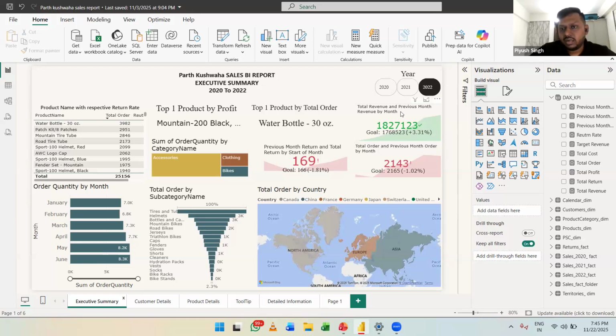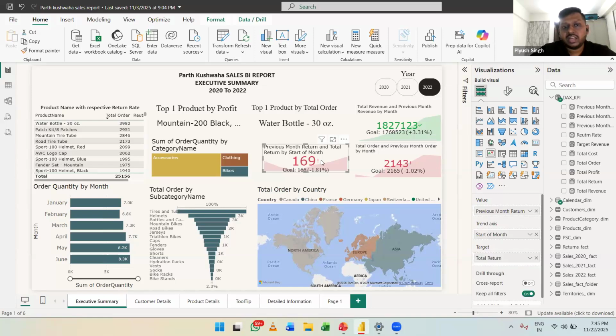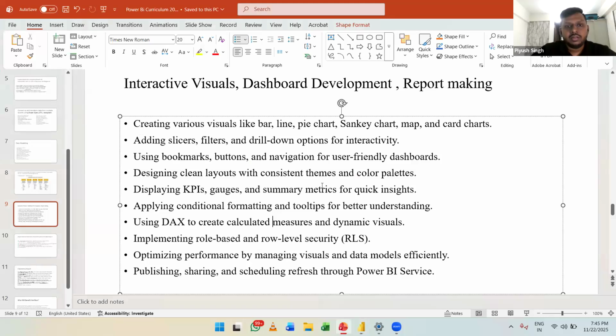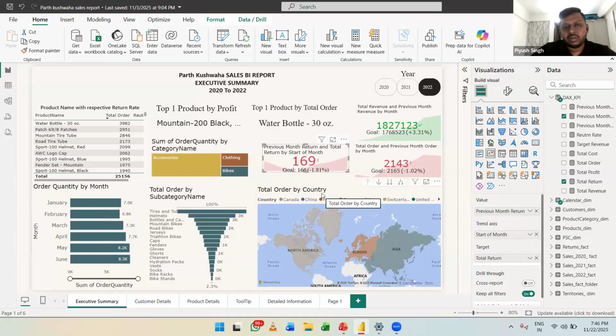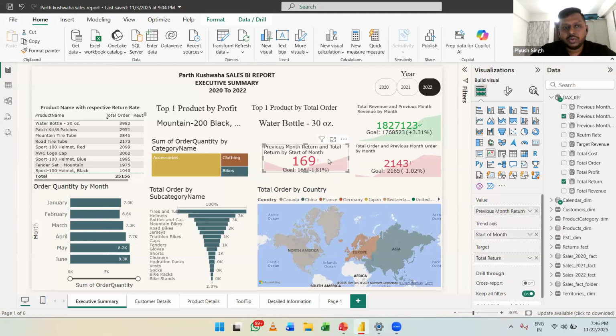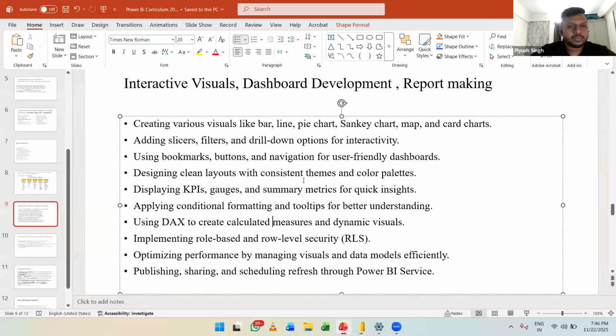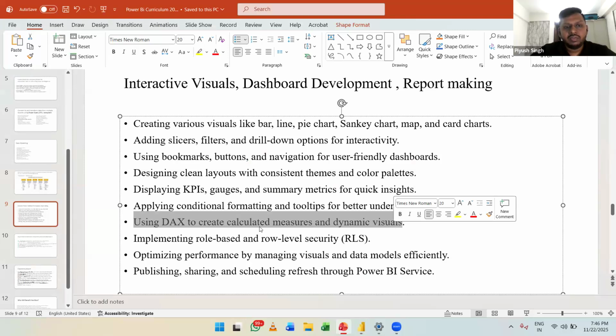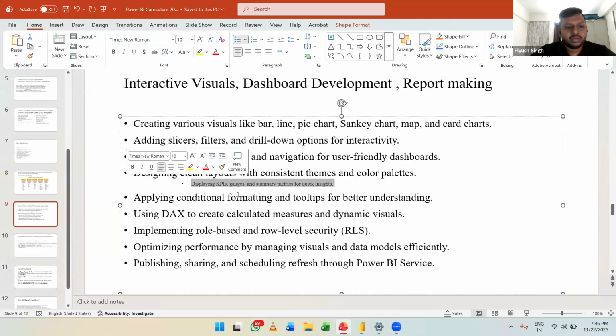And when we do conditional formatting, by conditional formatting I don't mean colors. I mean applying conditions on numbers in a particular visual. Say the target for this particular month is 500 and we have achieved 560, so it should be green. We have achieved 400, it should be yellow. We have achieved 200, it should be red. So this multiple way of filtering my data and putting colors on the visual is my idea of conditional formatting, and that is what we will learn here. Applying DAX, I told you how you'll be using DAX. These are KPIs, as simple as that.